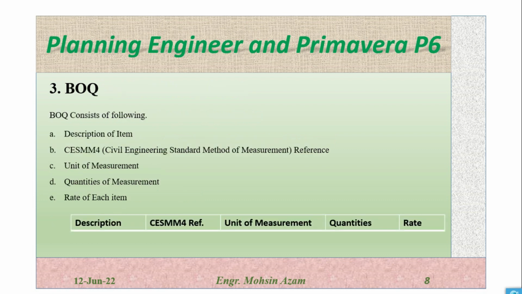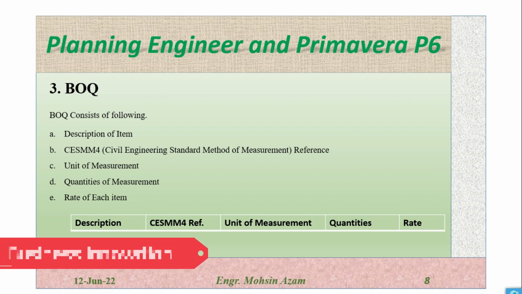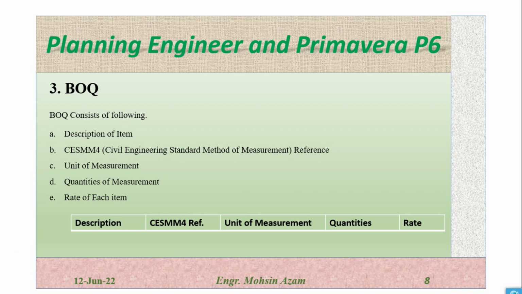The third one is BOQ. BOQ consists of the following: description of the item. BOQ is actually bill of quantities. It consists of all the items in the project with the detailed description of the items and the reference of CESMM4. CESMM is actually Civil Engineering Standard Method of Measurement. This is actually a book which has some standards, and in all the BOQ this CESMM reference should be there. Unit of measurement,